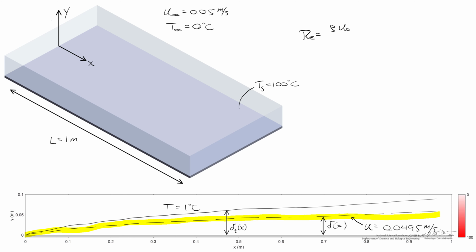So a couple of parameters that we need to define, the first of which is the Reynolds number, which we'll define as rho times u infinity times some length scale. And now the length scale I'm going to use is the x-coordinate, so the distance from the leading edge of the plate, divided by the dynamic viscosity. To figure out what the length scale is, a method of notation is to use a subscript x, just to denote that x is the length scale.